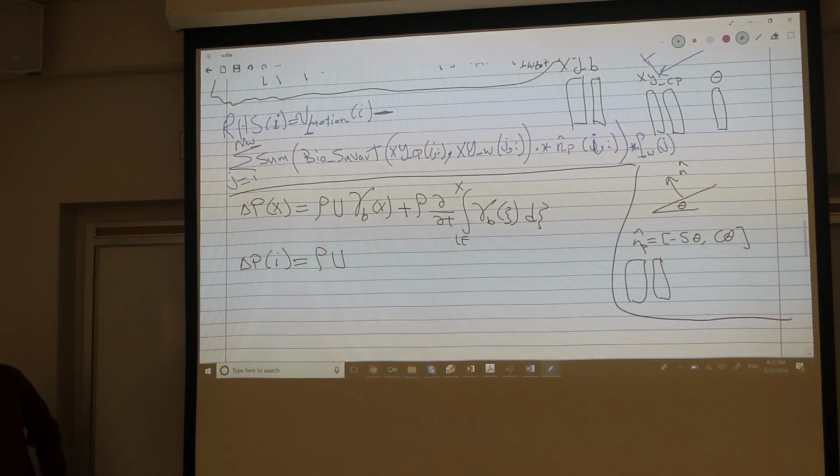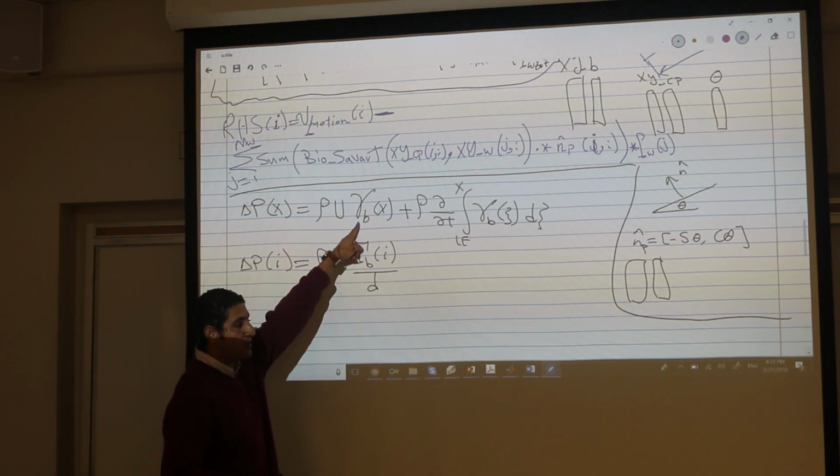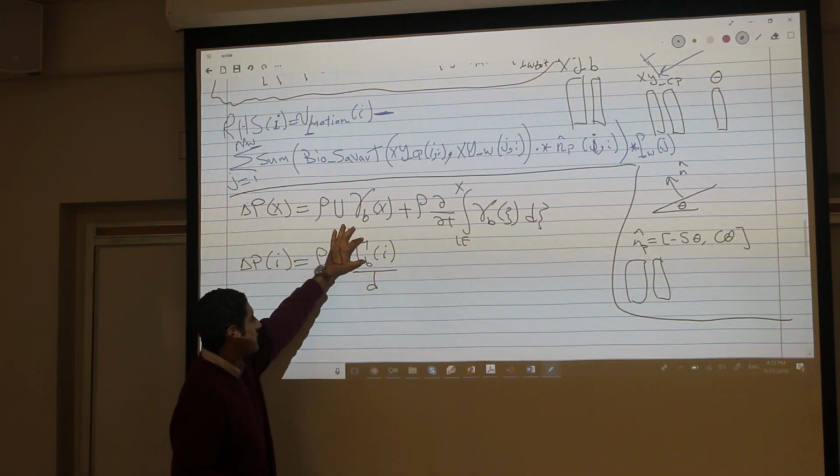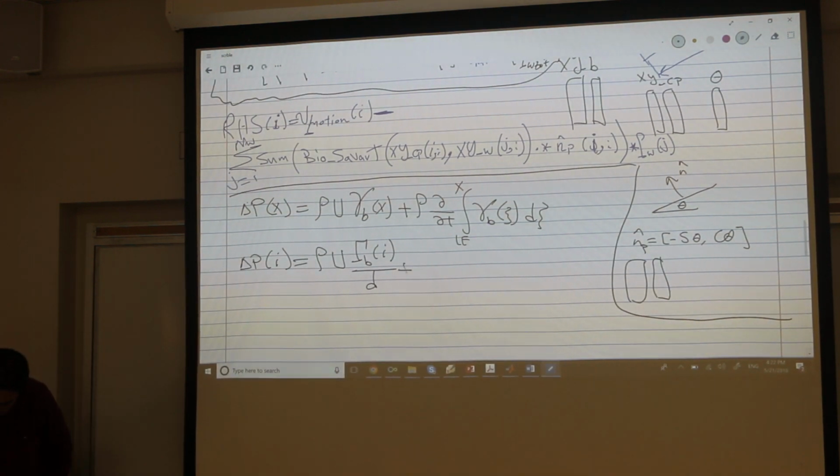Well, let's assume that it's constant over the panel. So this is gamma bound of the panel divided by the spacing d, per meter, because this is gamma per meter, it's a distribution. So we divide this by our unit width, plus rho times